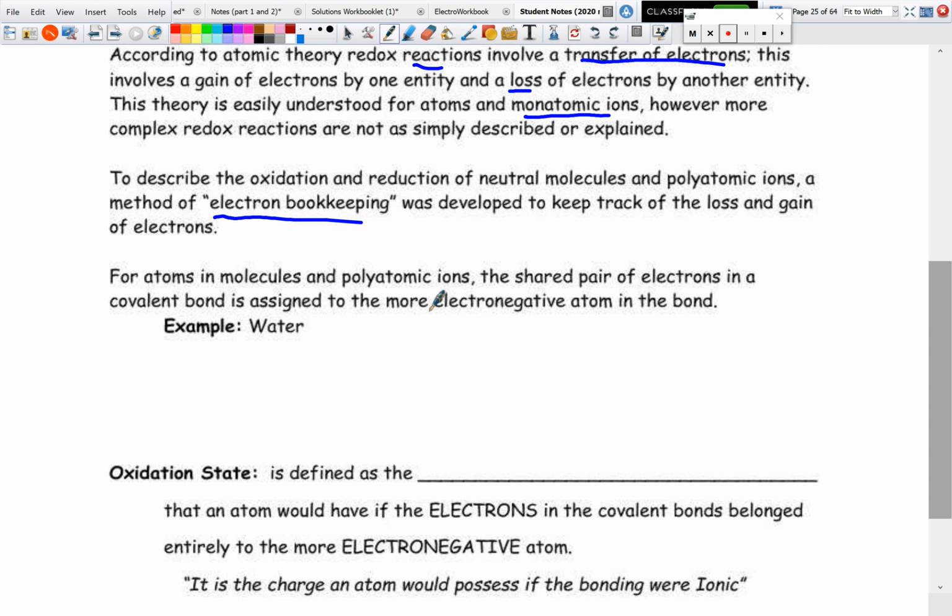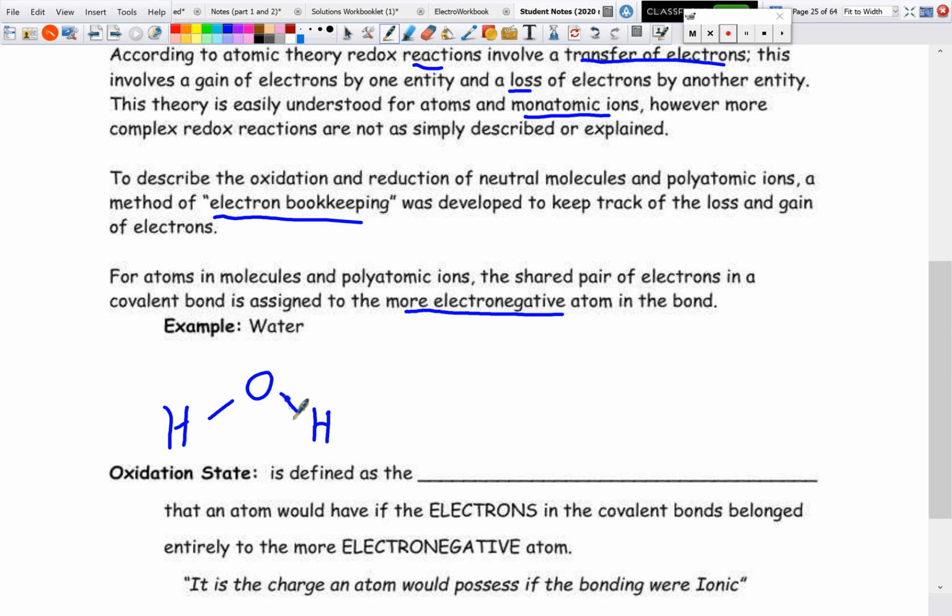So of course, for atoms and molecules and polyatomic ions that share a pair of electrons in a covalent bond, we're going to assign the electrons to the more electronegative atom in the bond. So this is not actually what happens, just how we figure out what the oxidation state is. So for example, if we look at water,